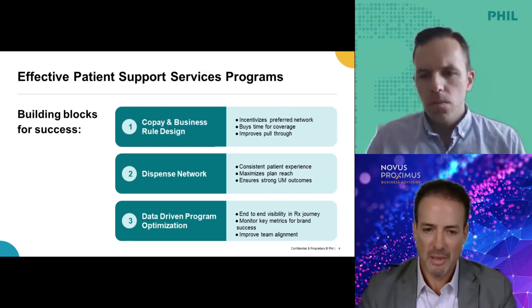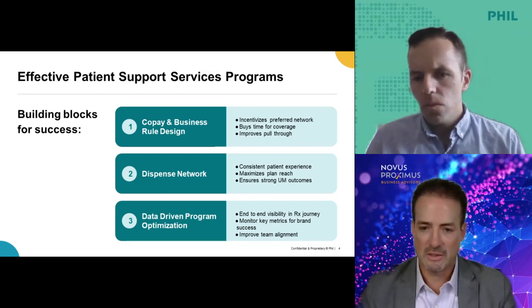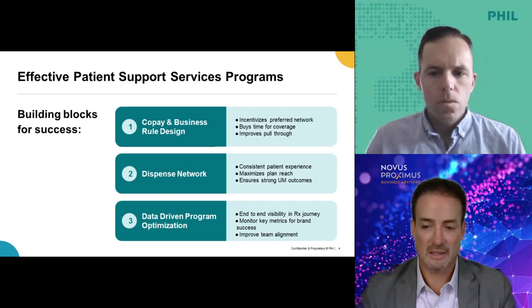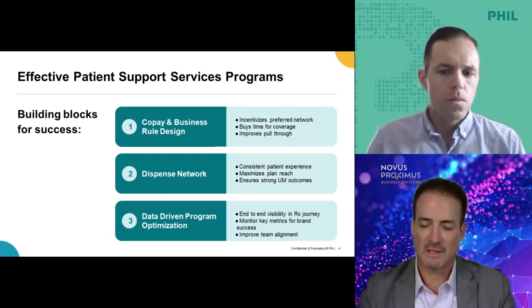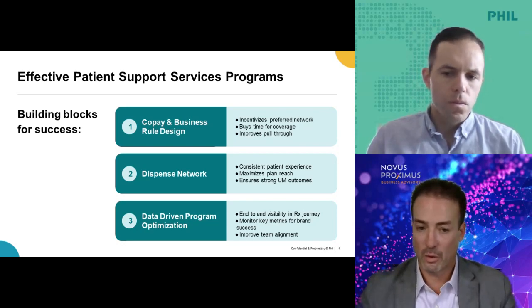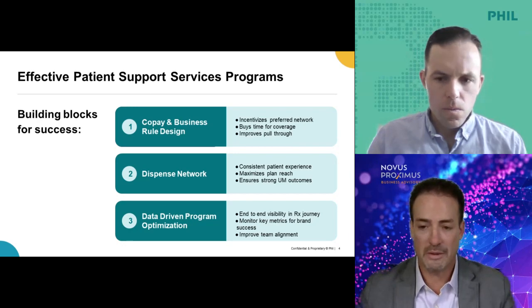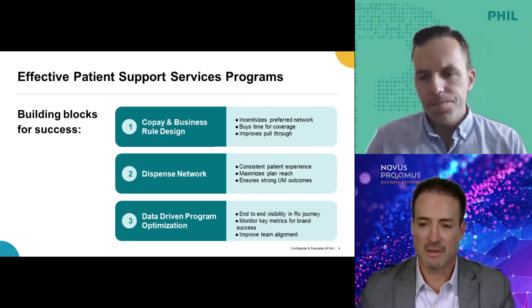And at the end of the day, remembering that a patient's on the other side of that. When you're building this out for launch, a lot of times you have a data group that's not necessarily connected to the access group, that's not connected to the finance group, and so all of these things move forward at different speeds, and it's got to be well orchestrated. If you're lucky, it's in one place, but like we're talking about, patient support and patient services isn't usually in one clean place. There are firewalls for good reasons in organizations,